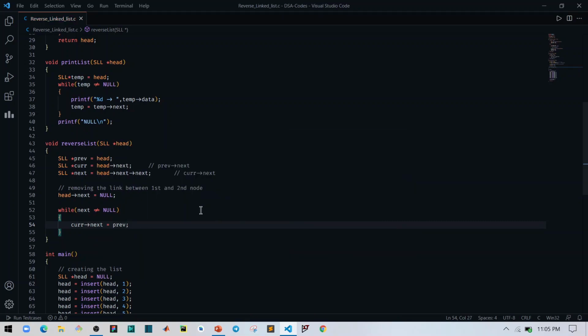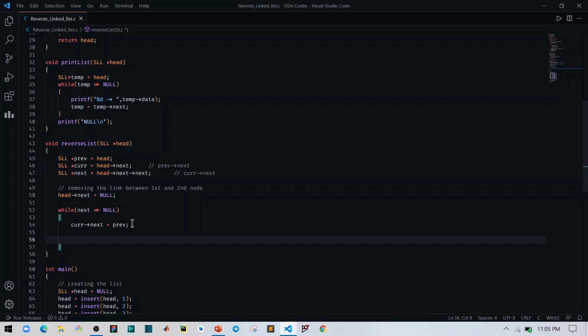That is, I have removed the pointer pointing to the next node and made it point towards the previous node. And after that we have to iterate all the pointers as we have seen earlier. All the pointers will be at the next node of their earlier positions. So we have three pointers, previous, current, next, which we have to iterate.